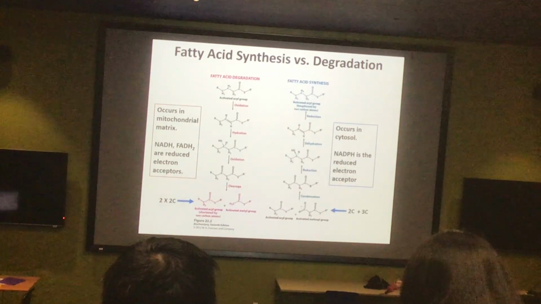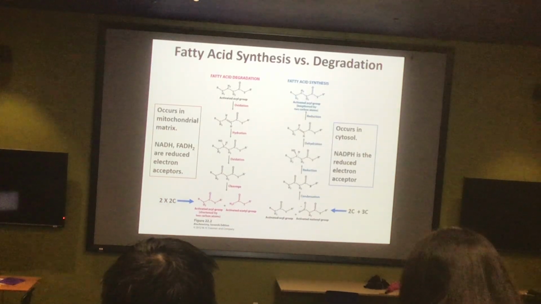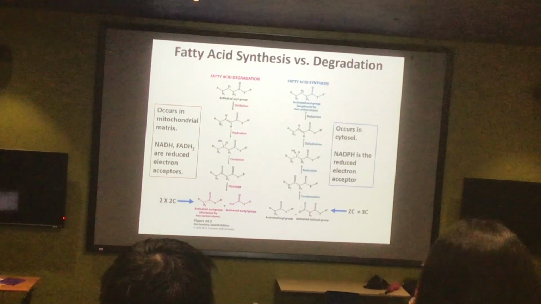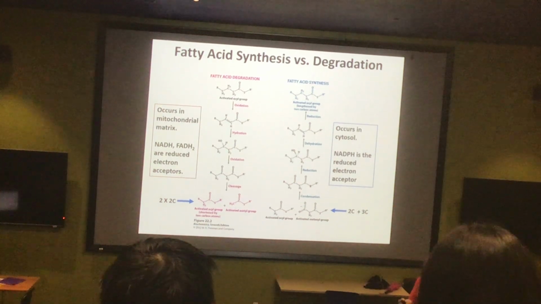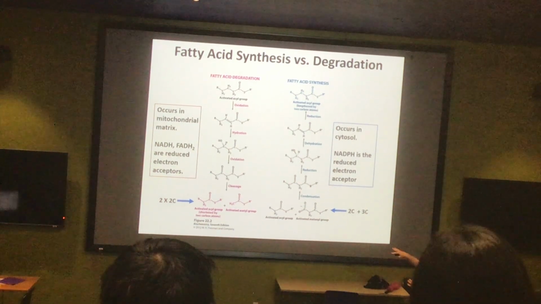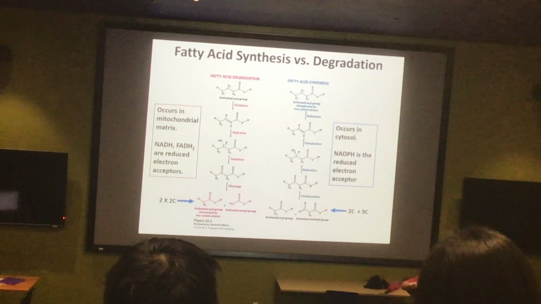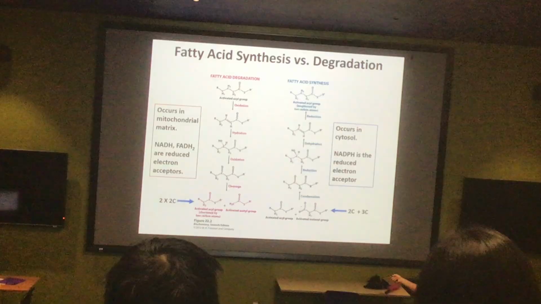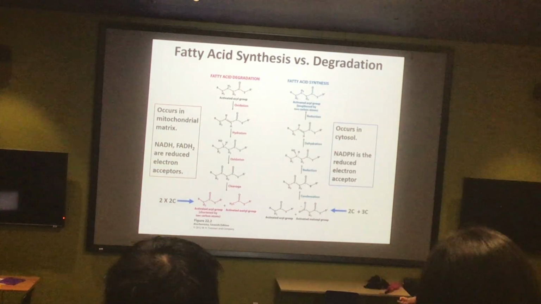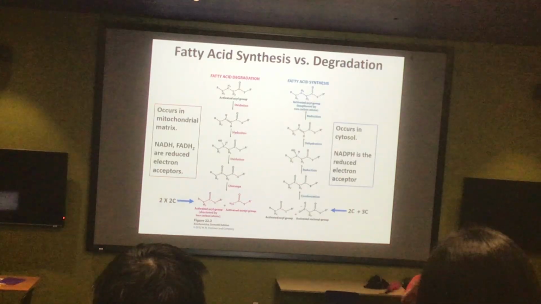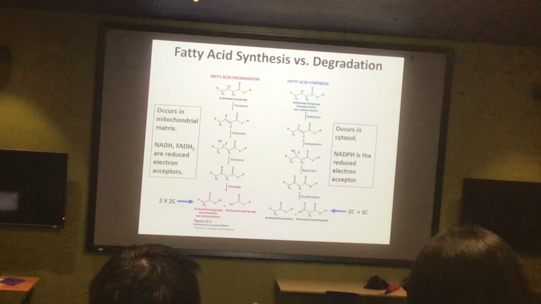And we also, along the way, collected electrons in NADH and FADH2. You should probably know how much for each step of this. These are separate from the ones for the further oxidation of the citric acid cycle. Just in the same way that in glycolysis we were generating NADH, so do we in the degradation of fatty acids. The key, of course, is that these are inside of the mitochondria, so no special odd transport mechanisms for getting those reduced carriers across the membrane are required.